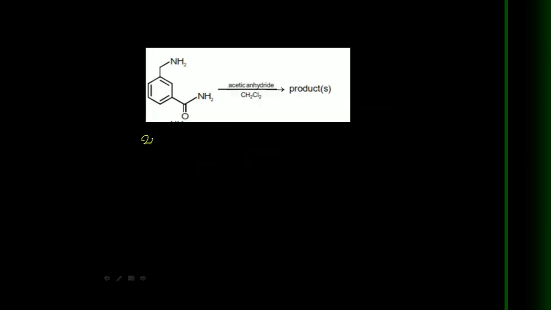Now, it is a 2014 JEE Advanced question. Here the NH2 electrons are localized, but here the amide electrons are involved in conjugation with the CO group. So that's why it is a weak nucleophile. This is a weak nucleophile, and this NH2 is more nucleophilic. So as a result, the product has CO, NH2, CH2, and NH where one hydrogen is replaced by COCH3, and the side product is CH3C=OOH.